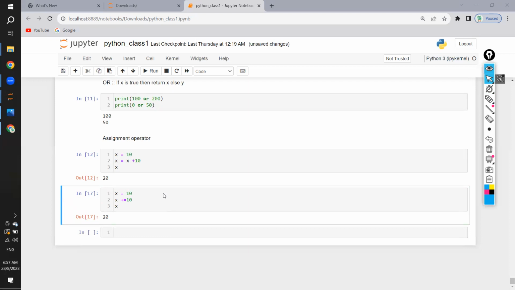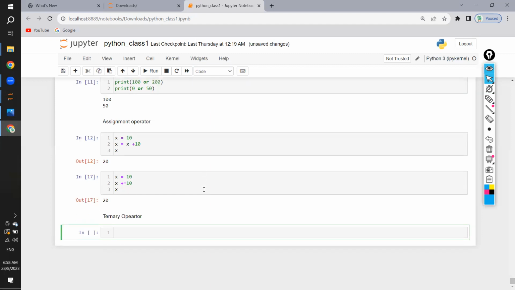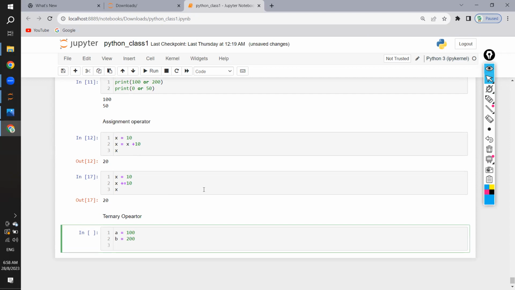Now coming to one more operator, a bit of an interesting one, called the ternary operator. Here, ternary means you will be able to check multiple conditions. For example, if you have a equal to 100 and b equal to 200, now the way you can write this is